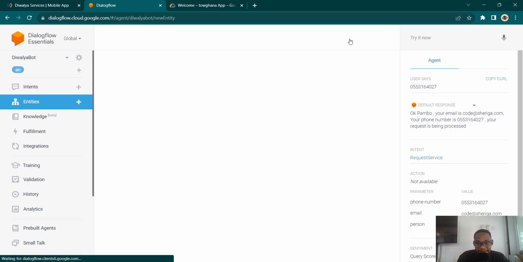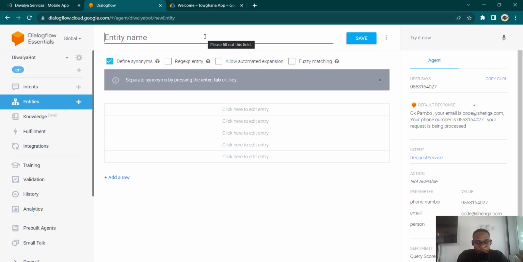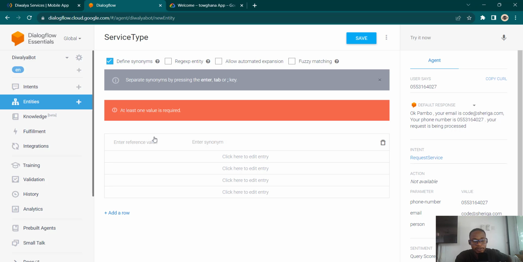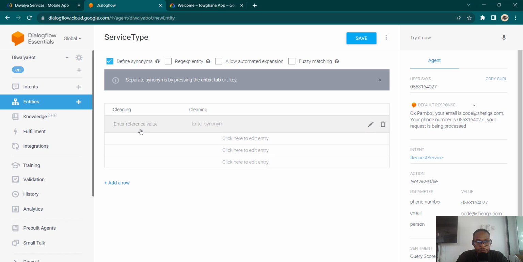So click on create entity. So this entity, we can call it any name, right? So let's call it service type. Save it. Now we need to provide at least one field, right? So click on this. So some of the services will be cleaning, some would be,